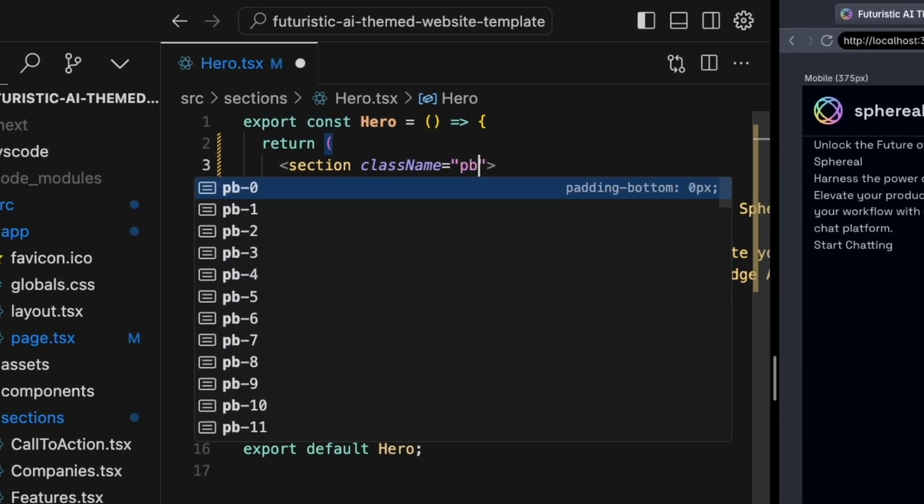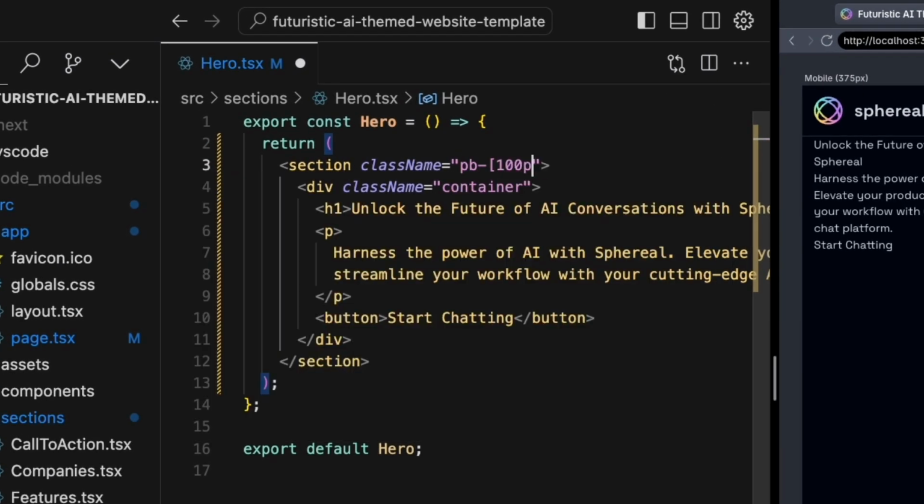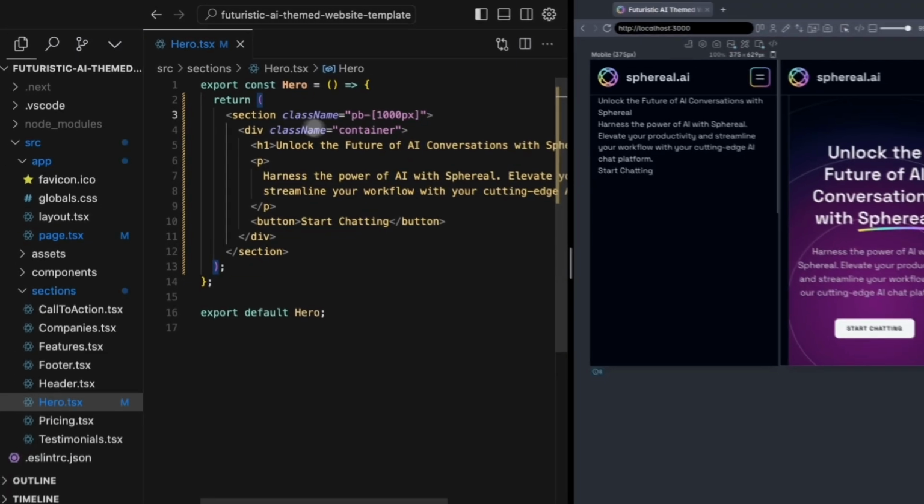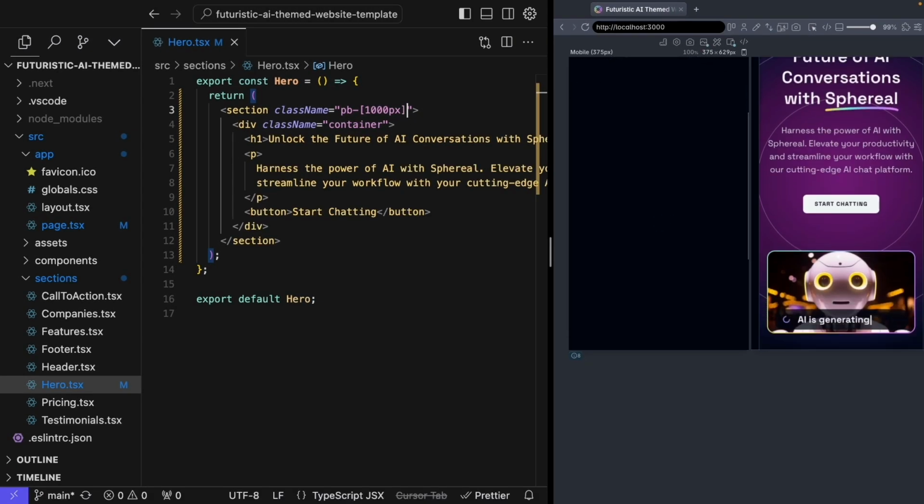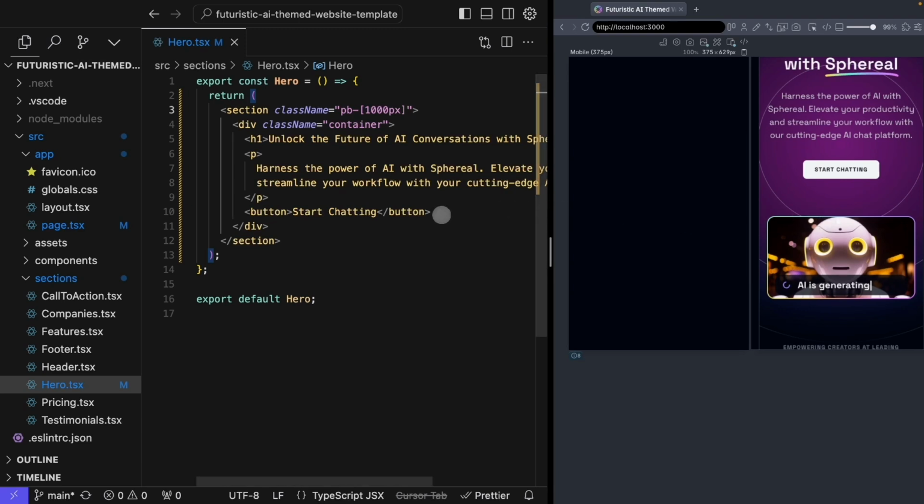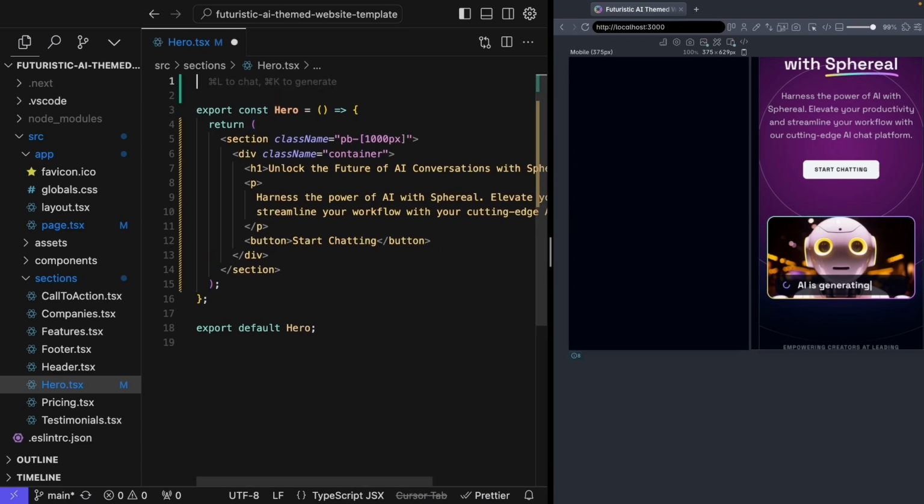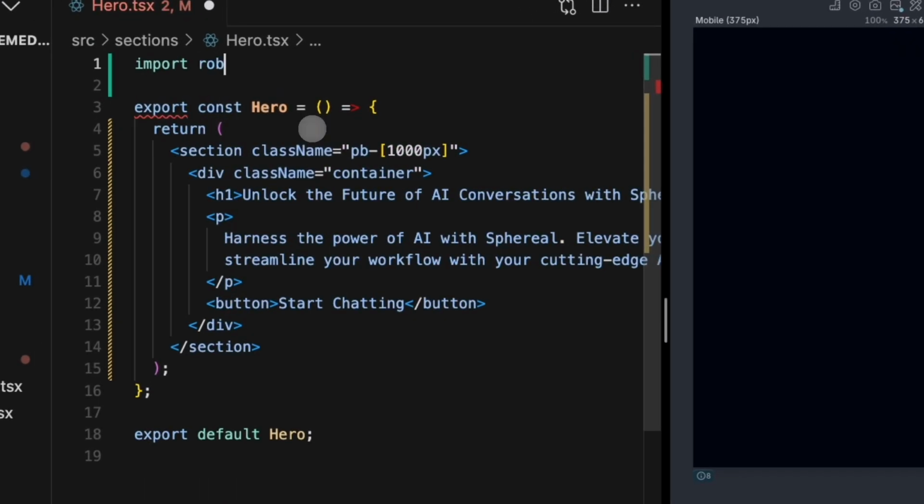And I'm just going to say PB 1000 pixels, and that should allow us to just be able to scroll and see the rest of our reference image over here on the right. So we see that we have this robot image here. So I'm going to go ahead and import that from the top. So I'm going to import my robot image from